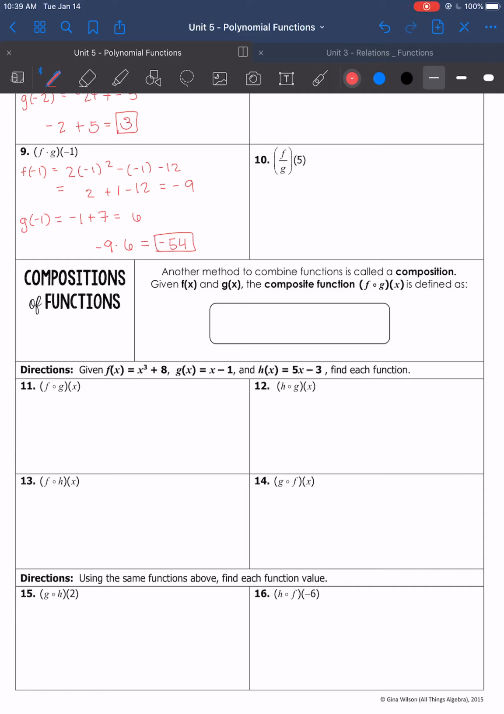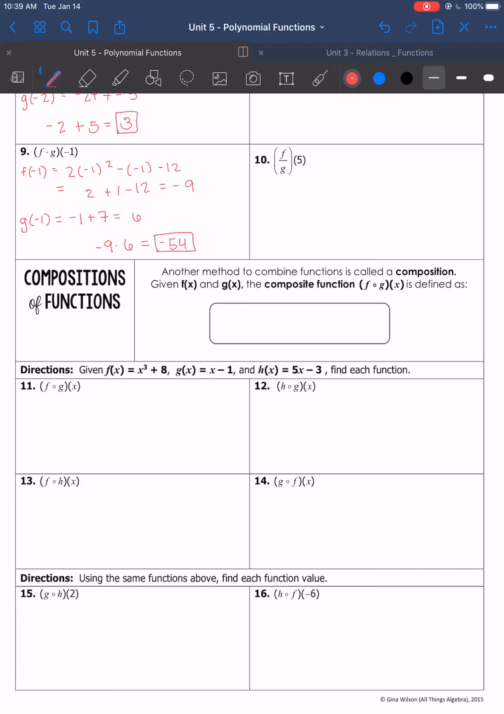So in this video, we'll be talking about composition of functions. In the previous video, we talked about different ways to combine functions using your basic operations. So another way to combine functions we call composition. And if we have f of x and g of x, the composite function f combined with g of x